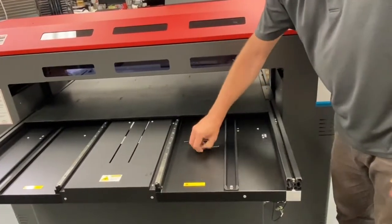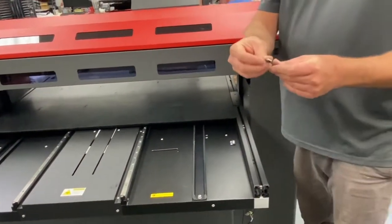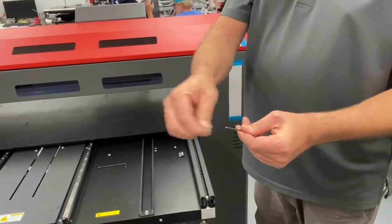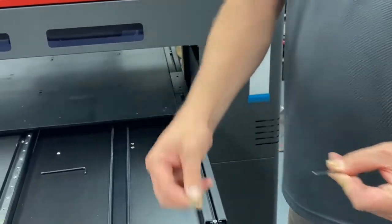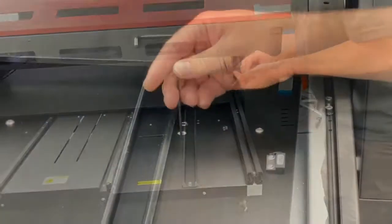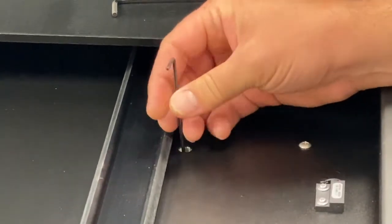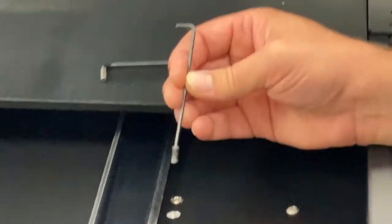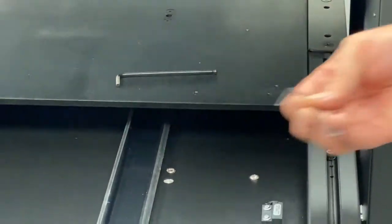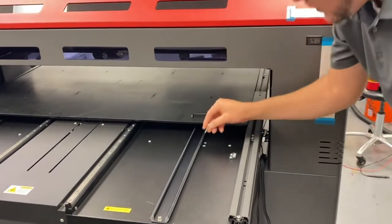And now I have my 2.5mm and a magnet, and we're going to rub the magnet on the wrench to magnetize it. We are removing the index pin now with a magnetized Allen wrench, like so. Set that aside. Get your other bed mount screw